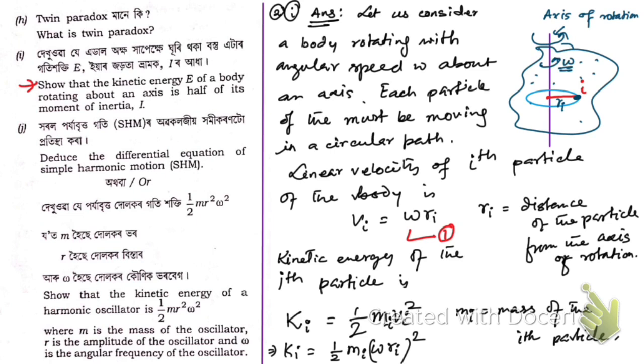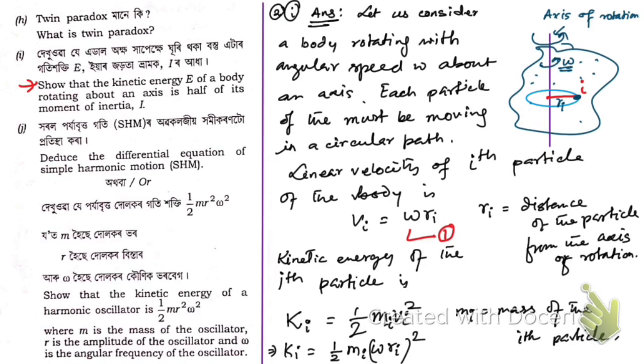Suppose let me copy this equation and go to a new slide. Just pause the video and note it down. Let me go to the next slide. So here is the last expression we have got, right? So therefore the kinetic energy of the body can be obtained by adding the kinetic energies of all the individual particles, right? So therefore kinetic energy,